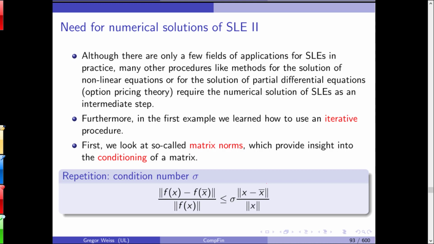This is the relative input data error. X is the true data. X bar is the data including an error. That's the input data. And by taking the difference between true and false data divided by true data, you get the relative error in the input data. On the left-hand side, you have the error